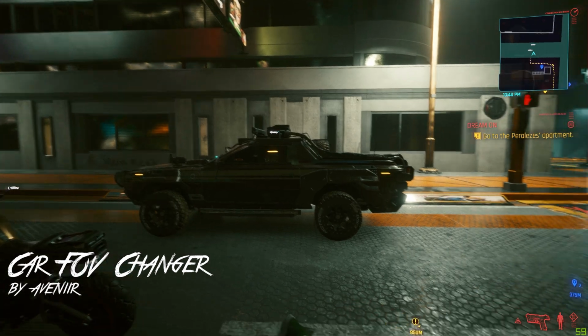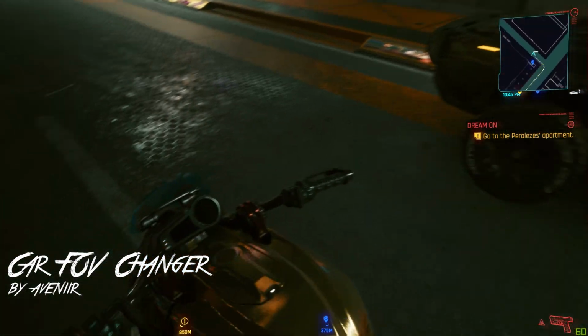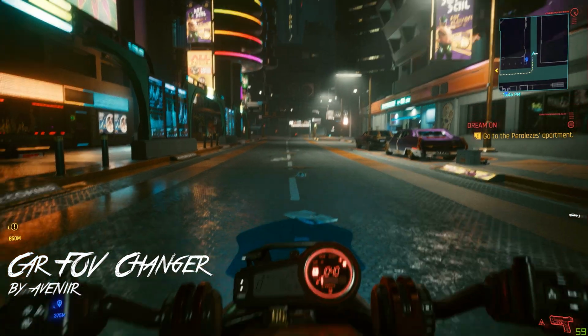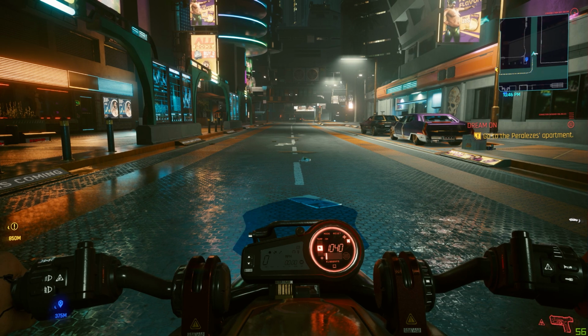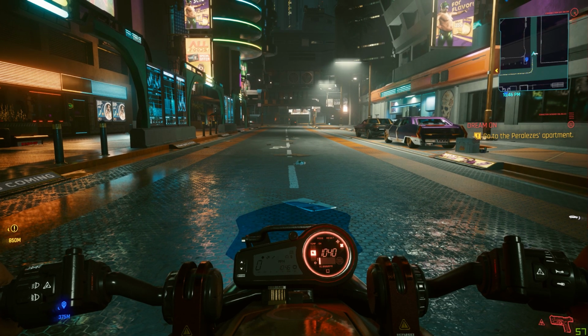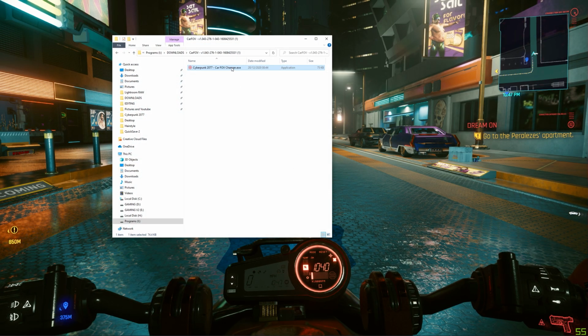Okay, so we're in game now. I've got 2 vehicles to try. I've got the bike and I've got the car. So we get on the bike, and you can see with my current FOV, I can't even see my hands really when I'm looking straight forward. Just about see a glimpse of my index finger. That's about it. If we open up the CET,